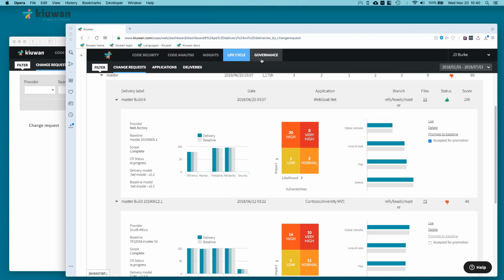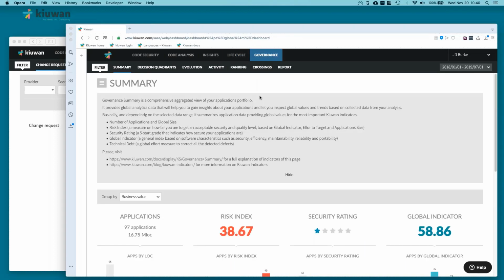Now, one of the artifacts of having our roots in ISO 25000 is that we tend to see life from a holistic code quality point of view, which gives rise to the governance tab. Governance gives a view of the code-based metrics, risk, tech debt, quality, security ratings, etc., with an eye to groupings like individual applications, application portfolios, language code factories, etc. All allowing leadership to manage total quality from a higher level than the line-by-line issue list that you saw in code security and code analysis, and the package level that you saw at Insights. Look for other webinars